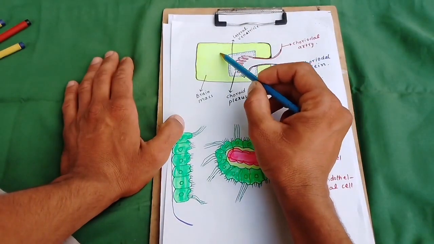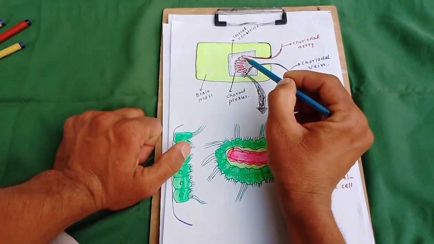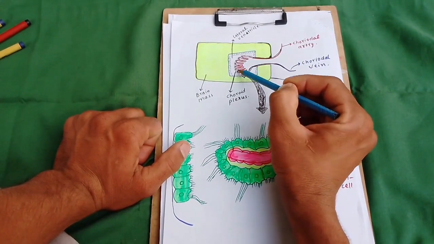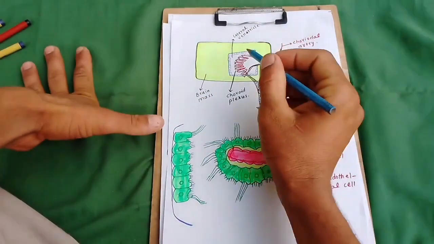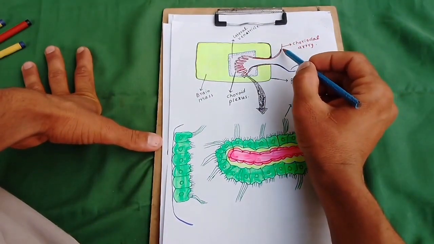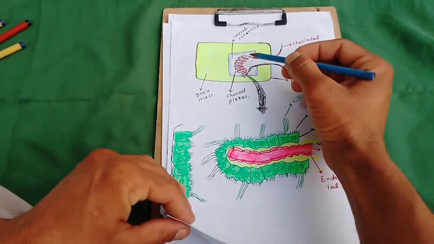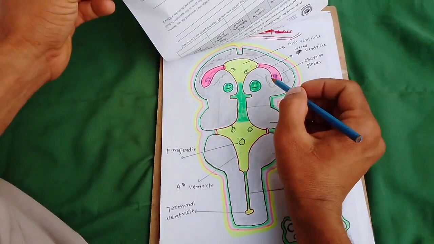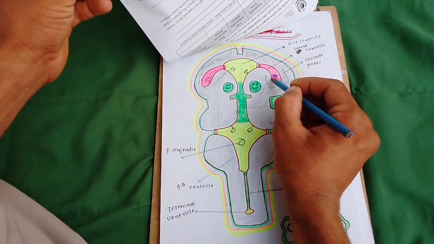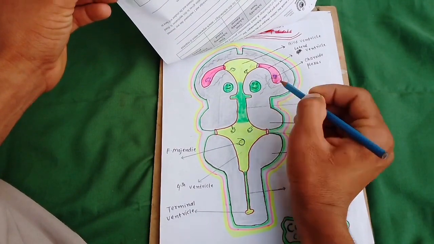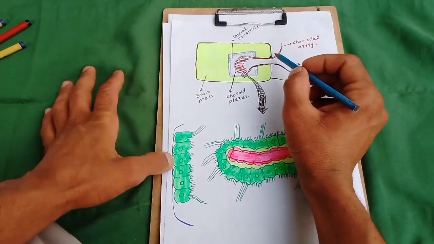This one is the brain mass. This is the ventricle, and this is the capillary. This is the capillary tip. This is the choroid plexus. Okay, how is this capillary formed? When the choroidal artery enters the brain, the lateral ventricle, here the choroidal artery enters. Suppose it enters into this area. Okay, when the choroidal artery enters this ventricle, then this choroidal